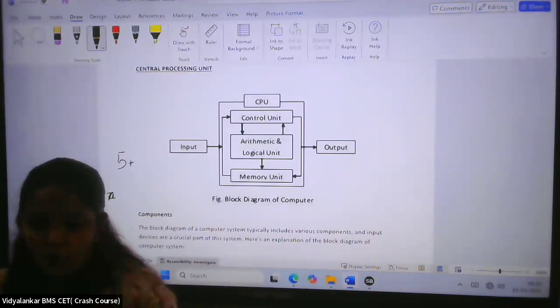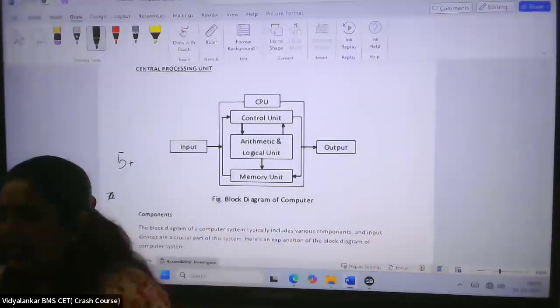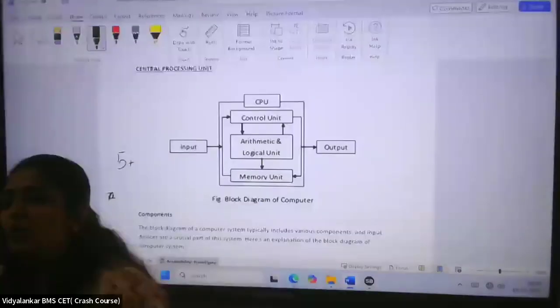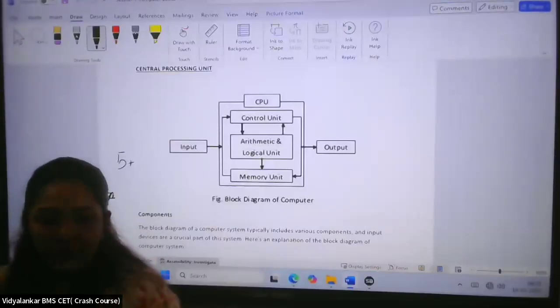Then it is 0, 1, 2, 3, 4, 5, 6, 7, 8, 9. After 9, it goes to A, B, C, D, E, F. And after F, it is 10, 11, 12, 13. ऐसे ये number system बहुत बड़ा चलता है. Is that clear? So 4 number systems the computer system has.